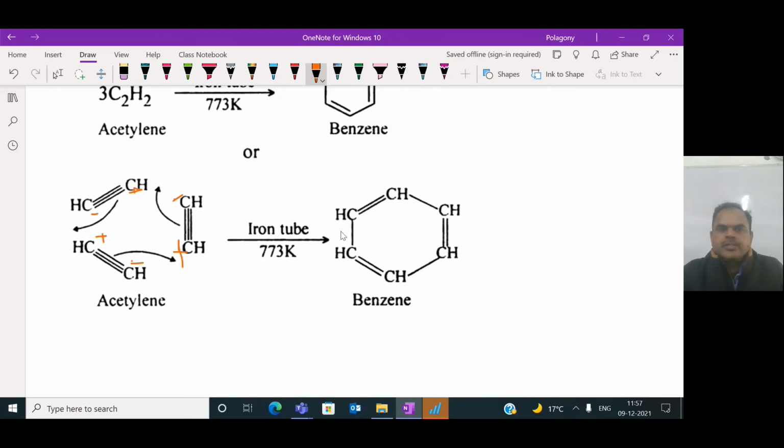As a result of this, we get the benzene structure, an aromatic compound. That means alkynes are converted into an aromatic compound like benzene. Since linear molecules are joining together and forming a cyclic compound, this is called cyclic polymerization. In this cyclic polymerization, 3 molecules of ethyne are converted into